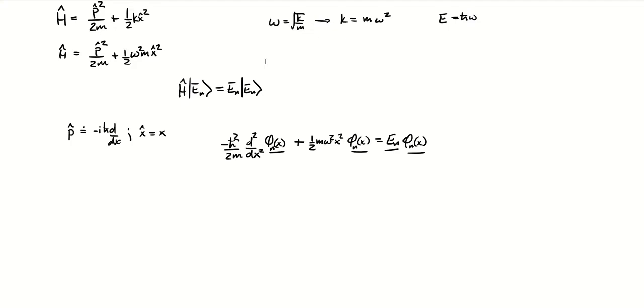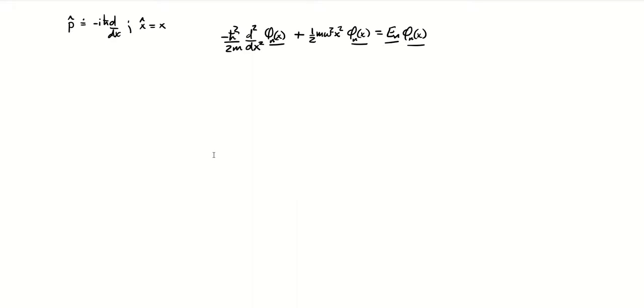But we're going to apply what we'll call an operator method, which is a clever way of doing this, introduces a whole bunch of techniques, and turns out we can solve this problem using not much more than just commutation relations, right? So let's look at our Hamiltonian and see what we have here. We have H hat is equal to p hat squared over 2m plus 1/2 m omega squared x hat squared.